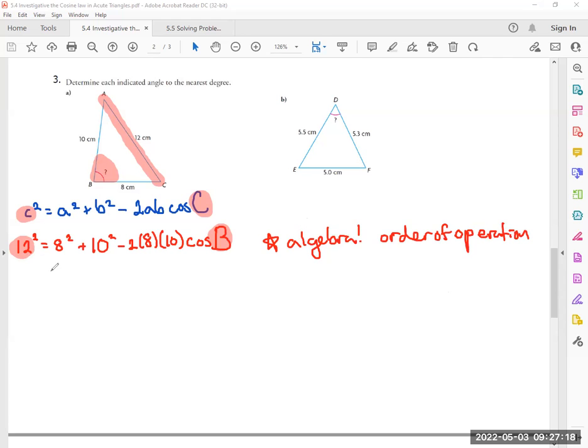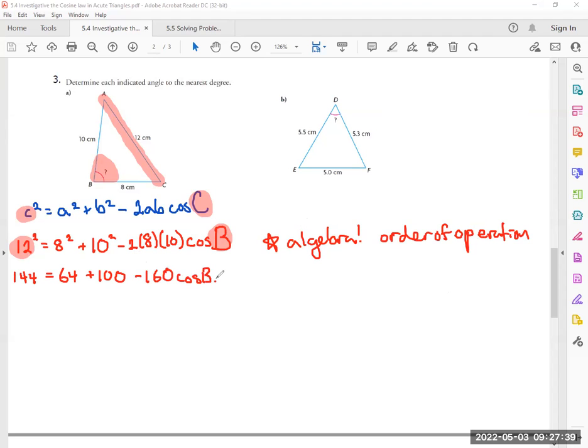All right, I'm going to simplify this. 12 squared, 144. 8 squared, 64. 10 squared, 100. And then, I don't know what cosine B is, so I can't solve it. Negative 2 times 8 times 10, negative 160